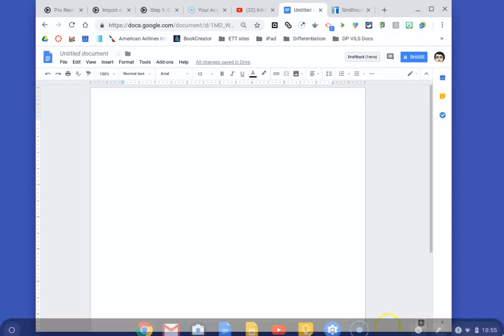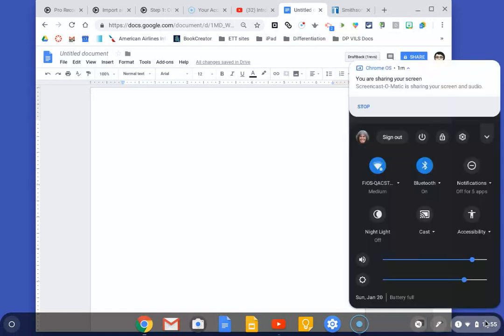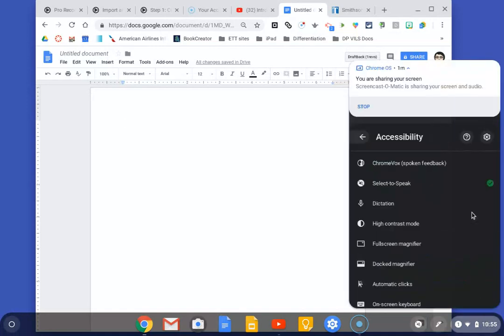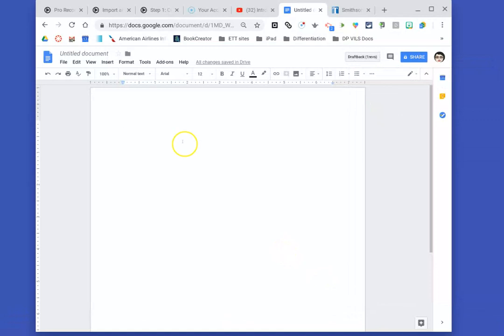So to do that, of course, we're going back to our accessibility. And I'm going to come down here and I'm going to enable sticky keys. Okay, so now if I wanted to use sticky keys, let me just type some text. Typing seems to be an issue. All right,